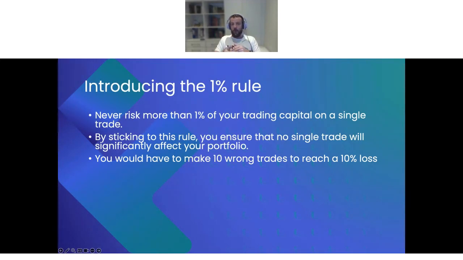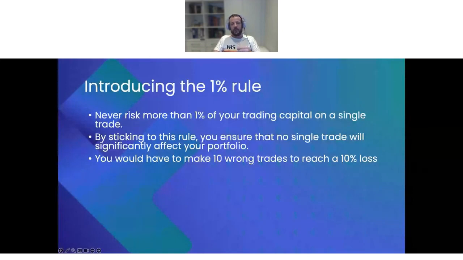Now, if you're wrong on 10 trades, then I don't think risk management is your challenge. I think your technical analysis, or the decisions that you're making to enter those trades, needs to be relooked at. So the idea here is, by mitigating your risk to just 1%, you could ensure almost longevity. It's like playing a video game, and instead of having 3 lives, you've got 100 lives. You've got a far greater opportunity to reach success, to make it to the final level, whatever your specific goals are.